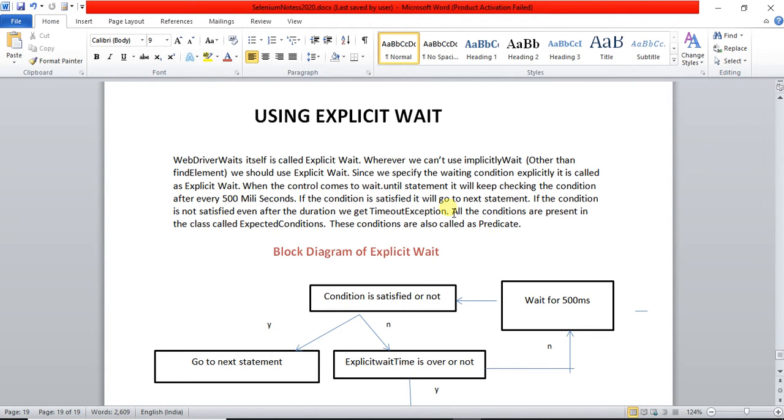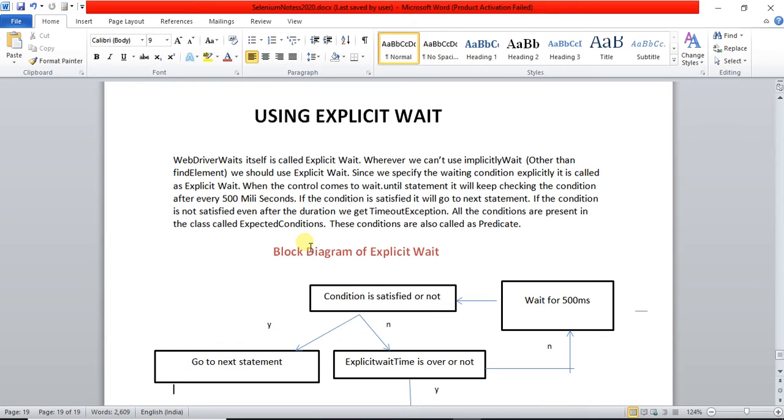All the conditions are present in a class called ExpectedConditions. These conditions are also called predicates. In order to handle synchronization for methods other than the findElement and findElements methods, we can go for explicit wait or WebDriverWait. It is called explicit wait because we explicitly give the conditions.